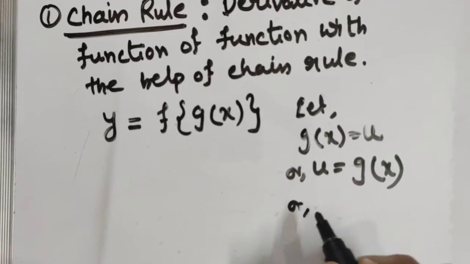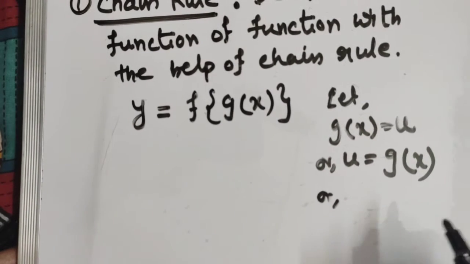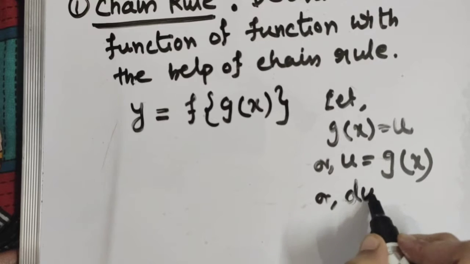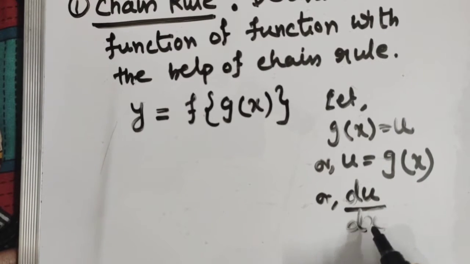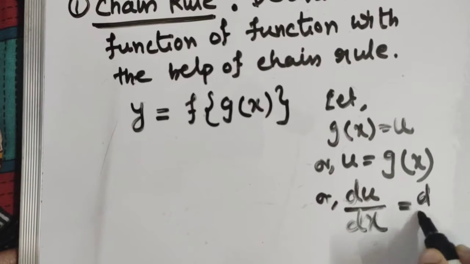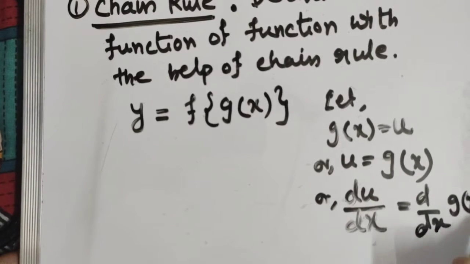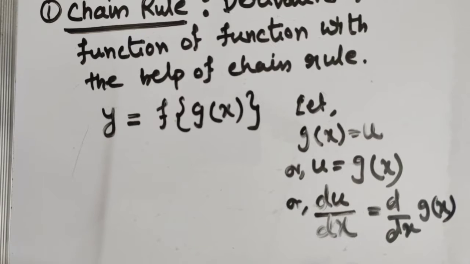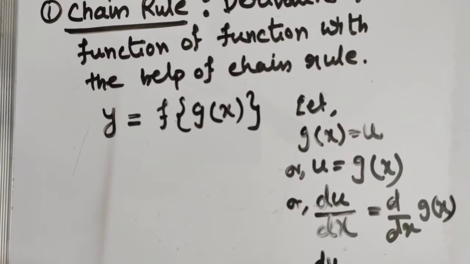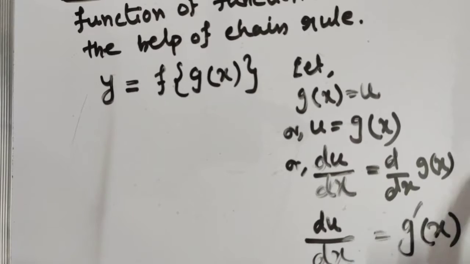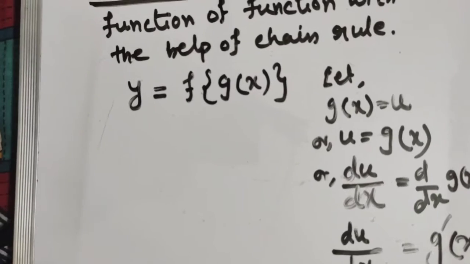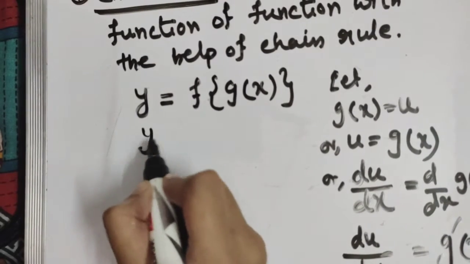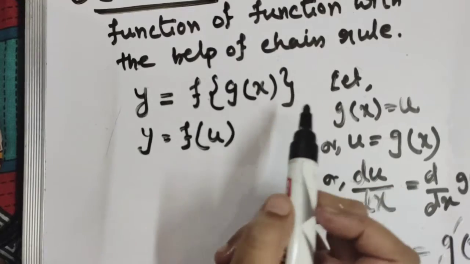Now if you derivative both sides with respect to x, what can we get here? du by dx equals to d/dx of g of x, right? That means du by dx equals to g dash x. Okay, in another word we can write d/dx of g of x as g dash x or g prime x, you can say. Okay, now here y equals to f of u, because we assume that g of x